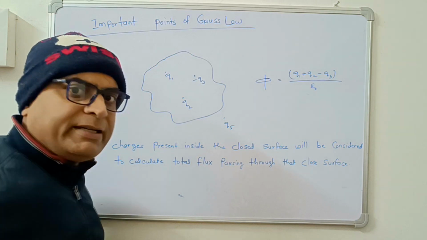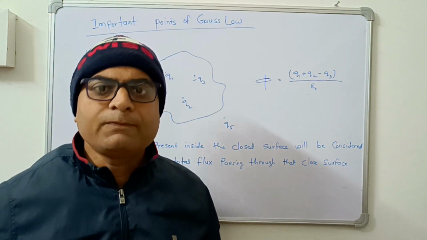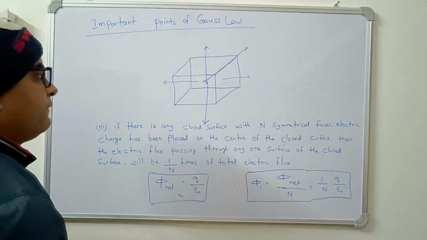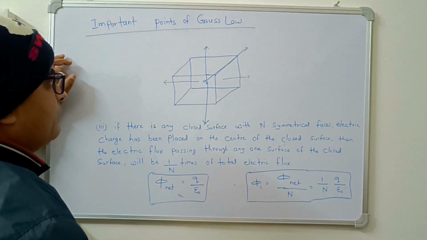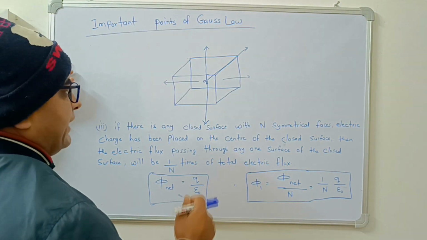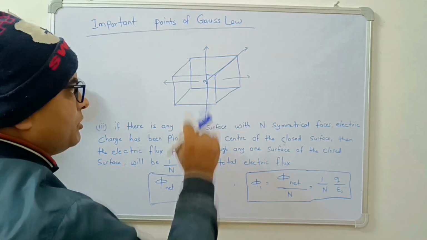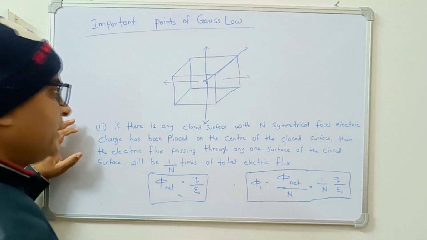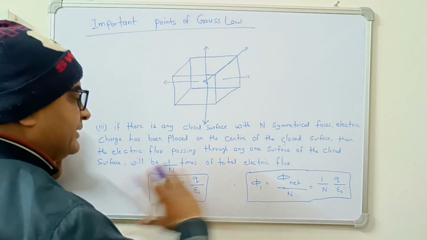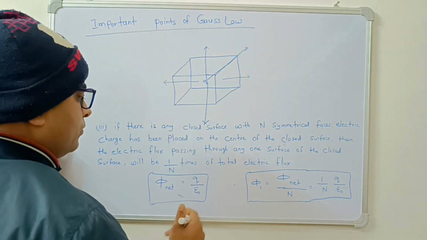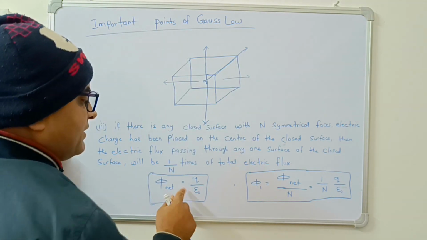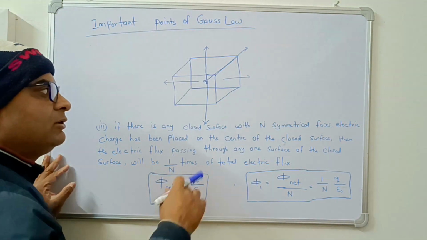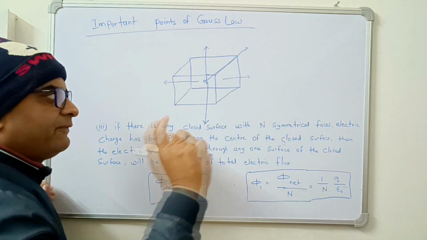Now we will see point number 3 of Gauss law. Now we will discuss one more property of Gauss law, and this is very important. As you can see, this is a cubical surface, and a charge q has been placed at the center of the cube, and this law says that if the total electric flux through this closed surface is q upon epsilon naught times, then if you have to find the flux passing through any surface, then it would